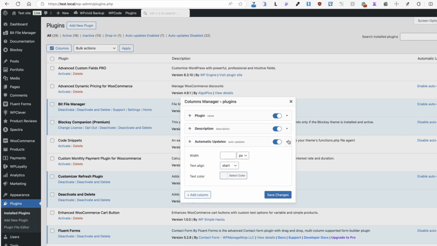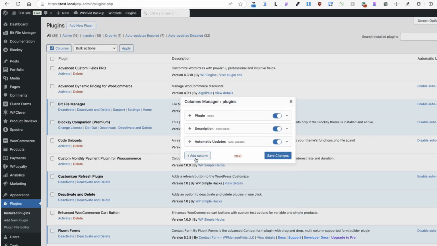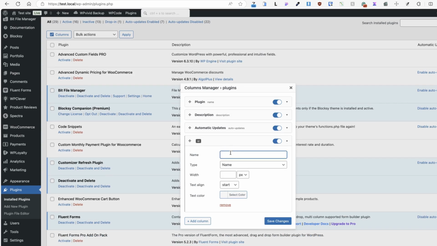You can open up and set the width, either by pixels or by percentage. You can rearrange the columns and you can create your own columns. Let's add a column. I'm going to open it up, give it a title, for example, version, type, whether it's